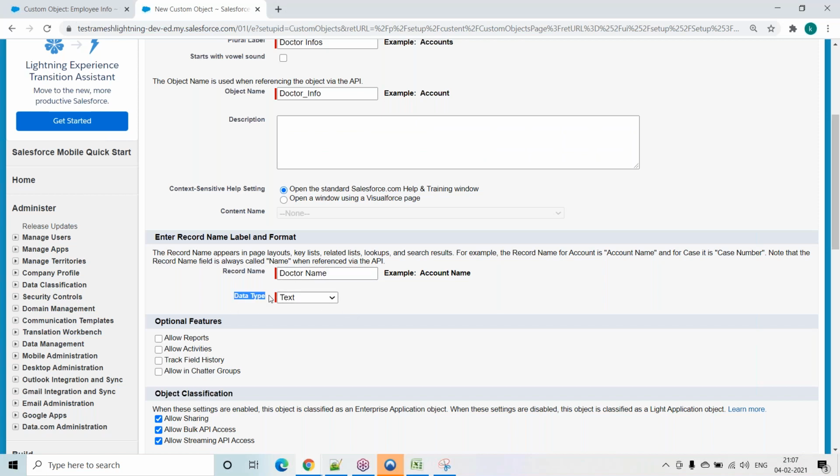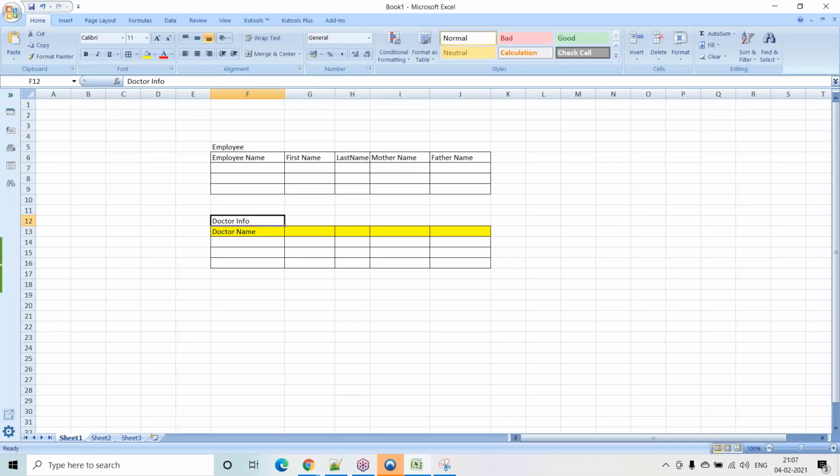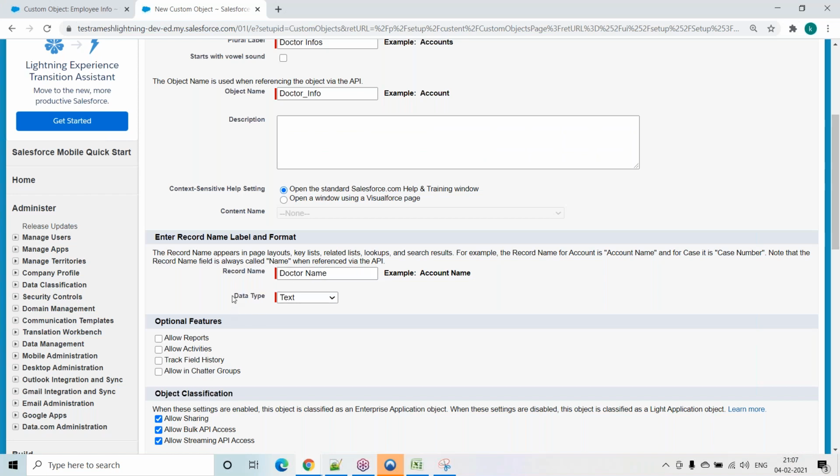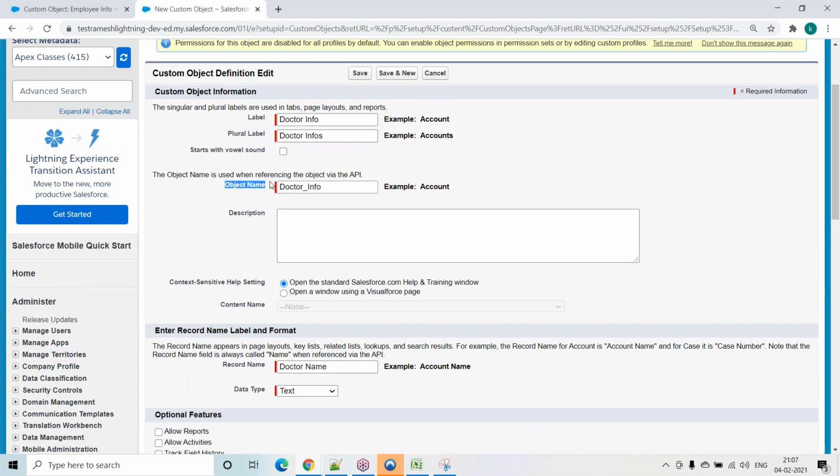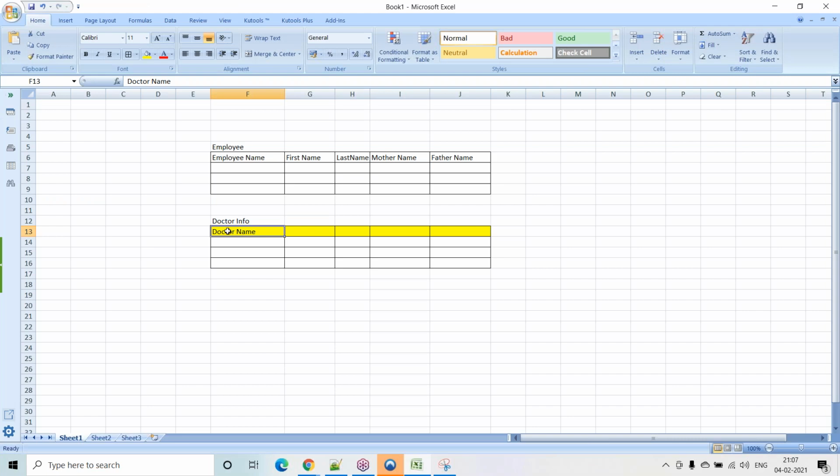doctor name. And what kind of data will you store here? Text data or auto number? So here it will support only these two data types. If we want to support some other data types, it will support. So we are trying to create one object. While creating an object, the Salesforce system is saying you should create one field. That field name is nothing but this one. The data type here we are selecting is only text. So these three pieces of information, label and object name, is nothing but the table name. And the next one, this section, is related to the field. We are trying to create one field.